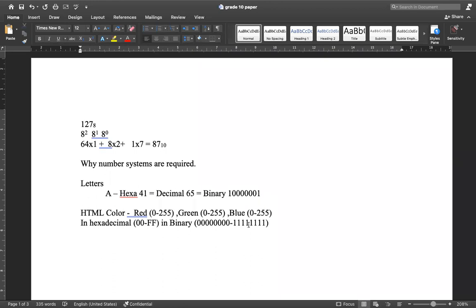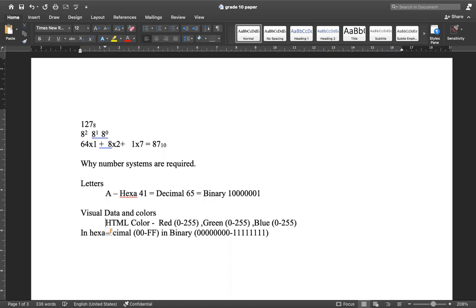To represent colors or visual data, still you need numbers. And if it is sound, audio data,